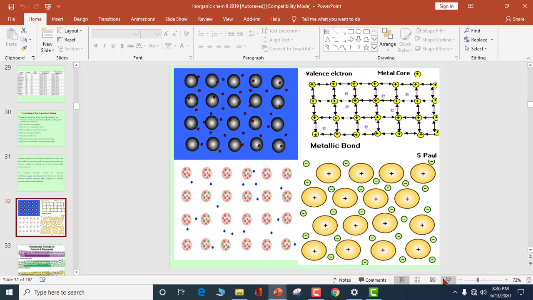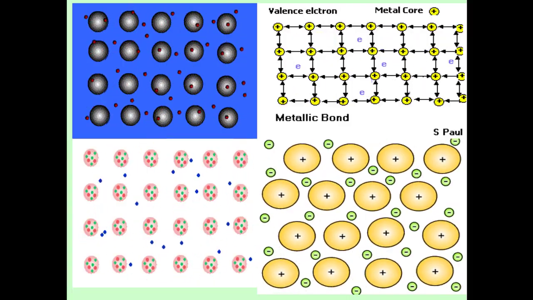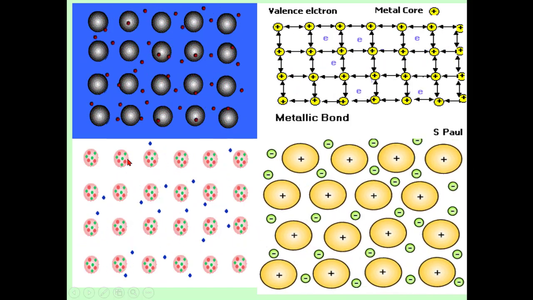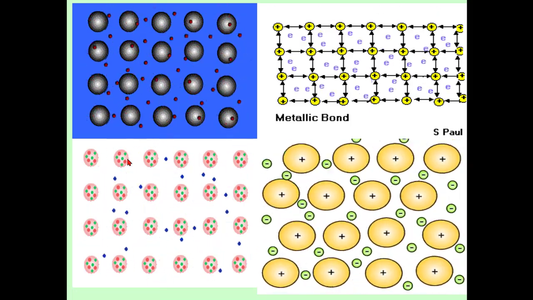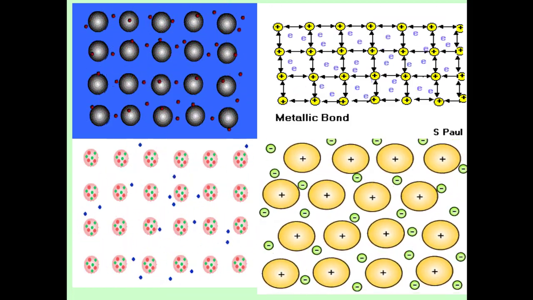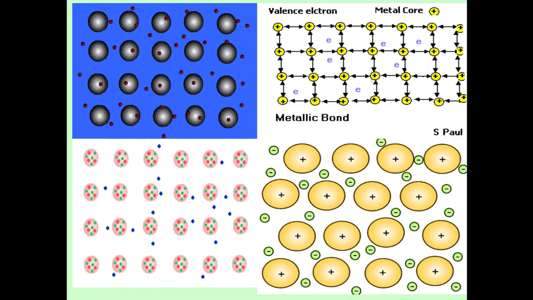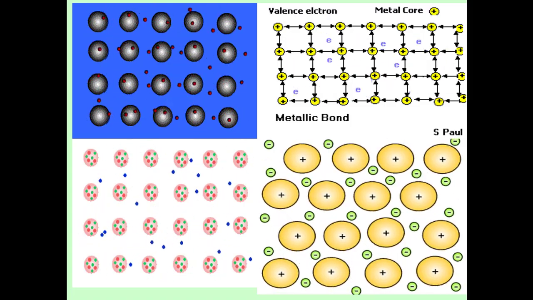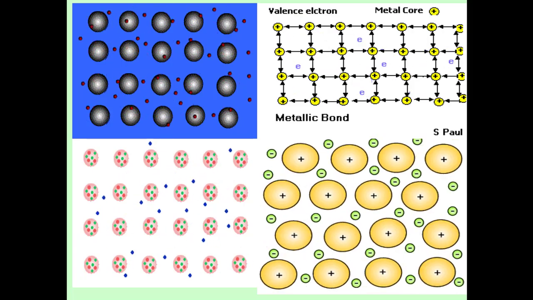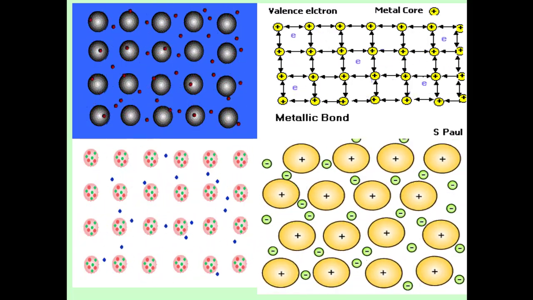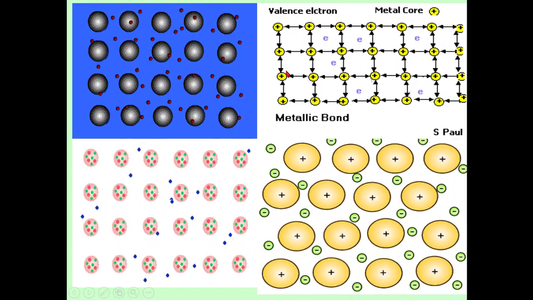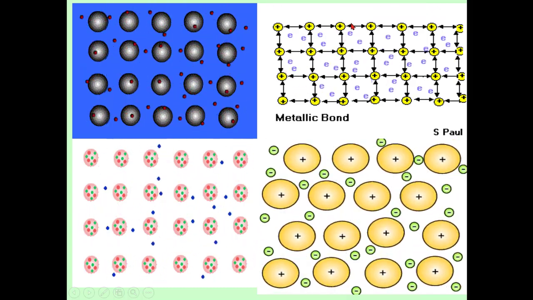If I show you this slide in the animated form, you may see that electrons from the nucleus are running from one area to another area. If you closely observe, these electrons act as a glue and hold the atoms very strongly, and due to this the metal is quite hard and it can be transformed into many shapes. It can be bent without losing